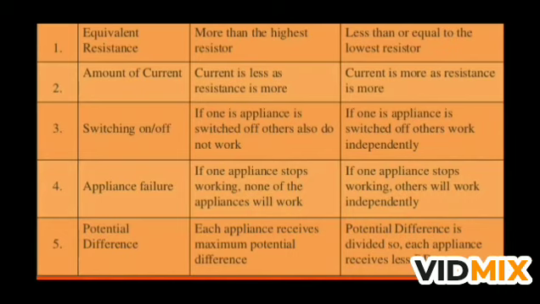So today till here we are ending our video, means up to the series and parallel combination, difference in series and parallel. If you have understood the thing, I again want to say that in the 5th point we have to interchange the thing. It is wrongly written over here.